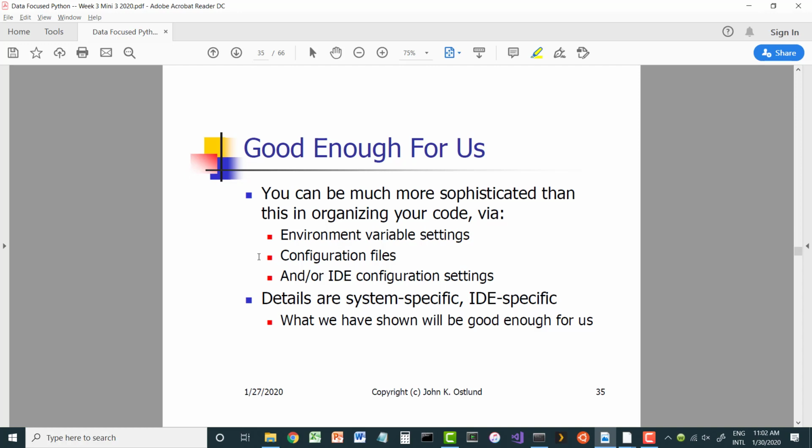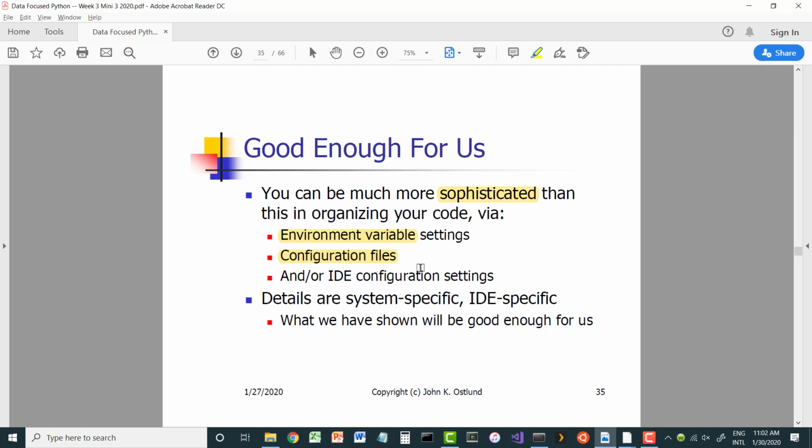It is possible to get much more sophisticated about how your modules can be organized into a hierarchy, and you can use environment variables, you can set up configuration files, and all kinds of other administrative stuff,